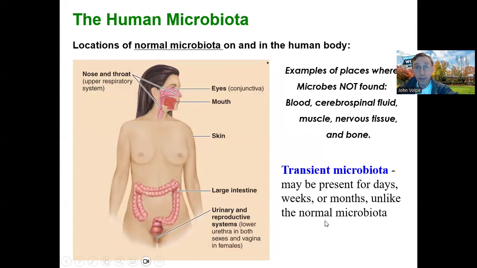The normal microbiota differs from transient microbiota in that the normal microbiota, once it colonizes the skin, permanently takes up residence on the host, essentially for the lifetime of the host, like Staphylococcus epidermidis on my skin. Transient microbiota may be present for days, weeks, or months, but unlike the normal microbiota, transient microbiota do not take up permanent residence. For example, a transient microbiota that I once had was, I went and visited my aunt, and